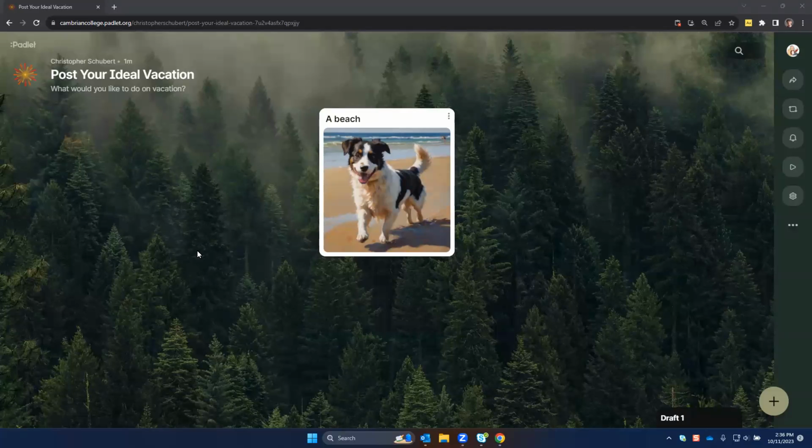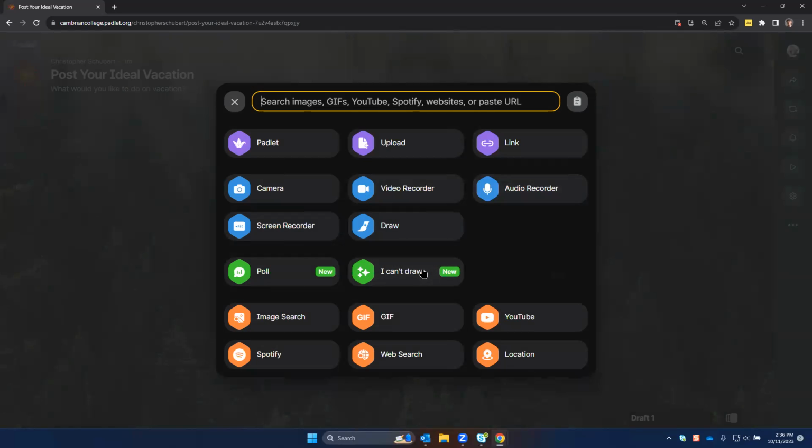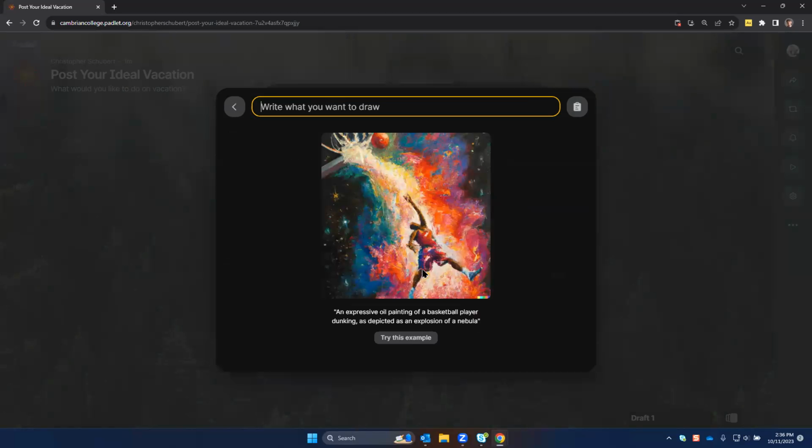Did you know that you can add AI-generated images into any Padlet? All you have to do is go into a Padlet and click the little plus to add a post. Once you do, click the three little dots for more attachment types and find the I can't draw button. Type in whatever you want Padlet to draw